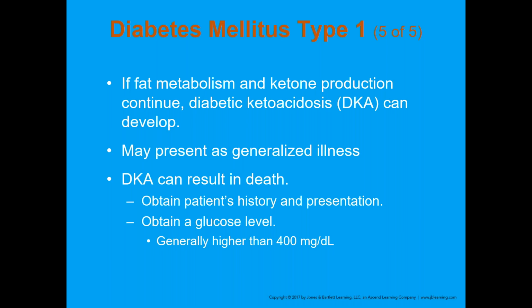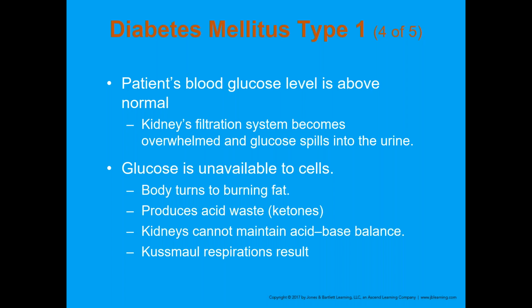But one of the big hallmark things we're going to see with a patient, and one of the things that's going to point me towards I should check this patient's sugar, is when your patient is producing a lot of these ketones. One of the things that happens pretty well right away is you'll smell a sweet, sugary, almost a mix between like Kool-Aid and nail polish remover smell to their breath. And that right away should trigger you to say, all right, we need to check this patient's sugar right this very minute. Because that is one of the big things. And if you couple that with